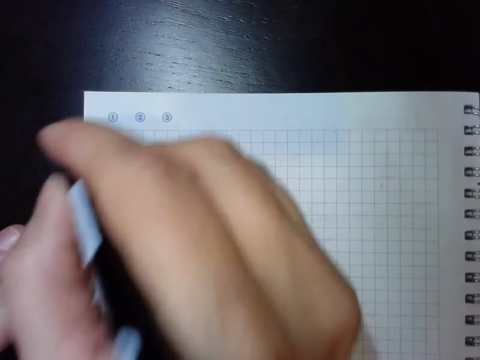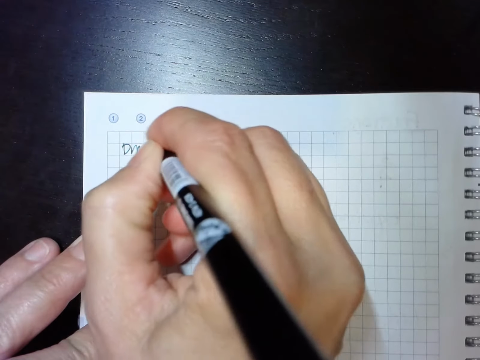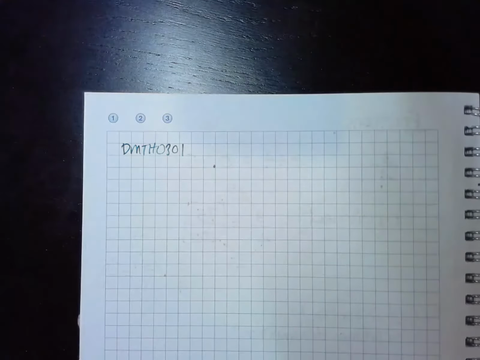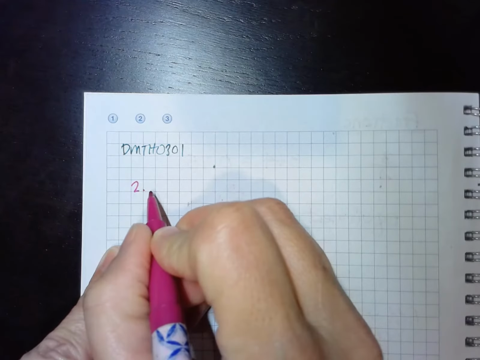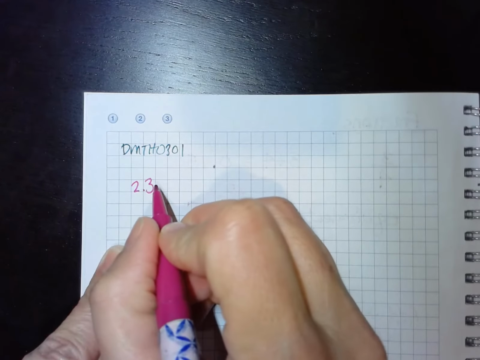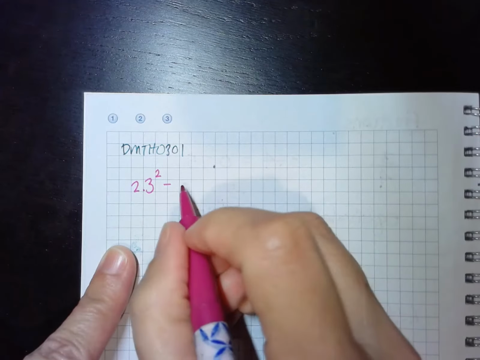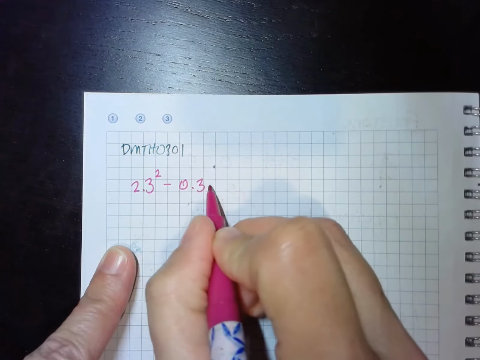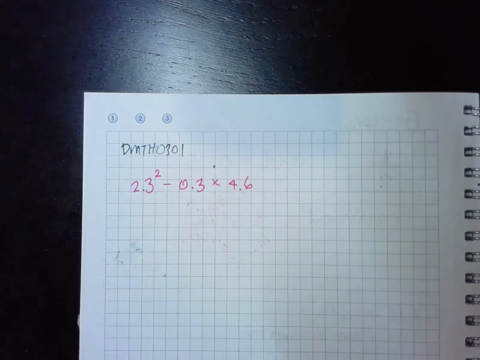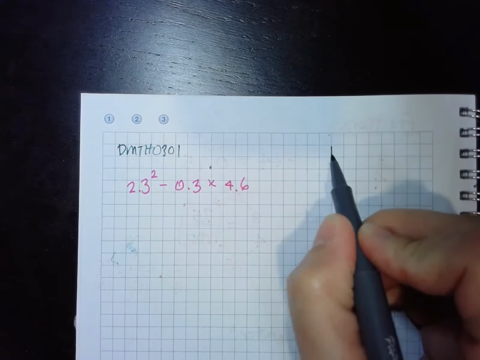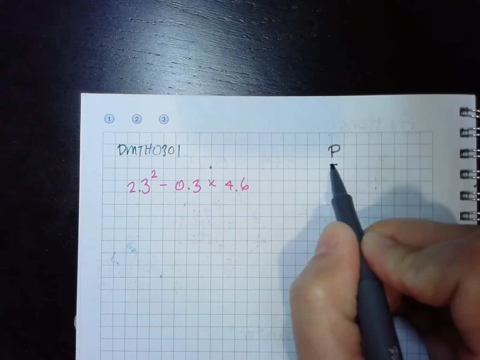Okay, let's look at order of operations with decimals. So my first problem says 2.3 squared minus 0.3 times 4.6. So if you go back to order of operations, you have to do your parentheses first, then your